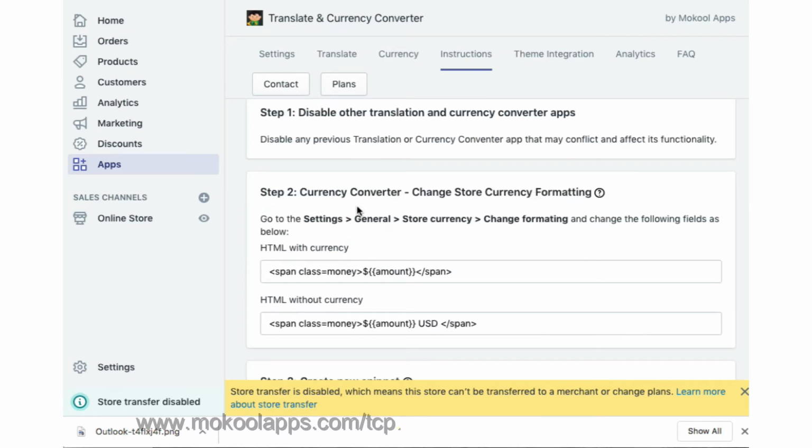Step two is you're going to need to go into your settings. You're going to need to make some changes in order for the currency to work. So what we'll do is we're going to go to settings right here, then we'll go to general, store currencies, change formatting, and then make those changes. So I'm going to copy this right here. Actually, I'll copy this one here because it has the USD in it, and I'm going to take that with me. So I'm going to go to Settings,